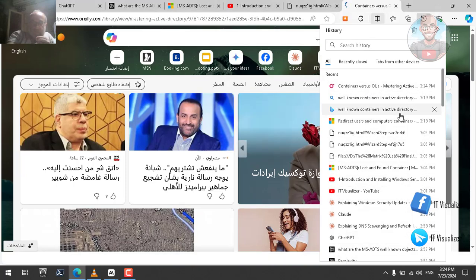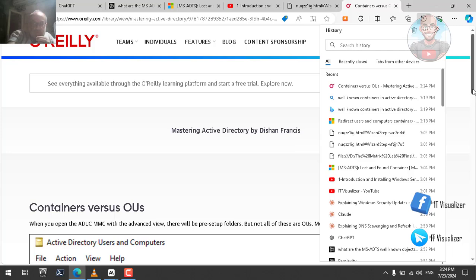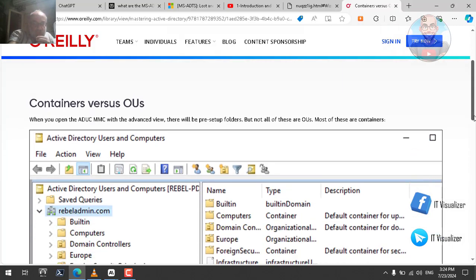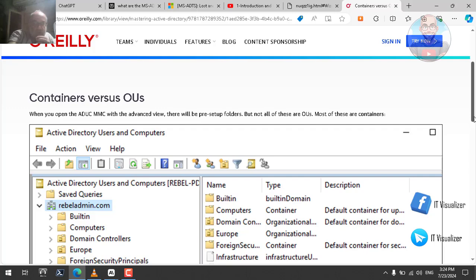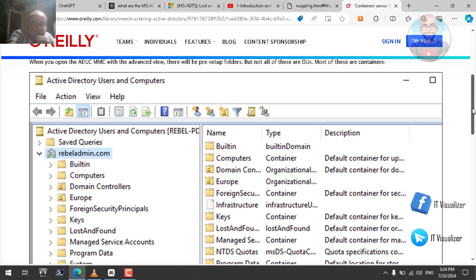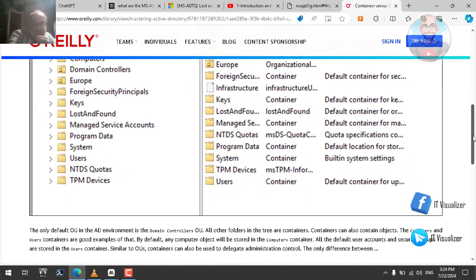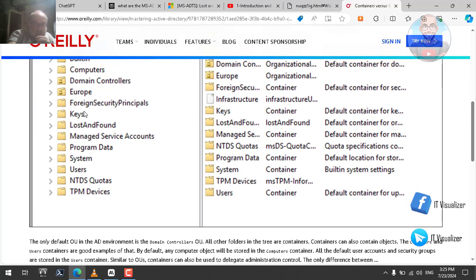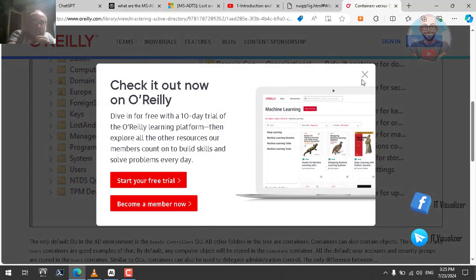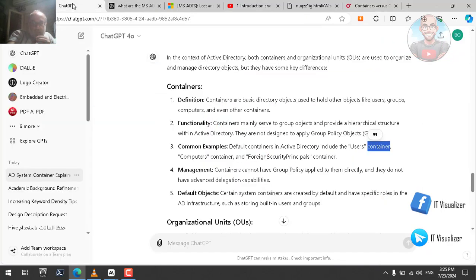Here we go. This is called a container. Okay, so here even the URL is saying containers versus OUs. As you can see here, this is a container, and the computer is a container, and this is an OU. If we go and check the answer here,